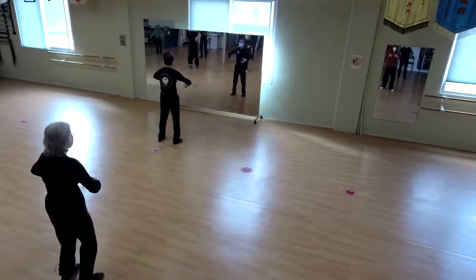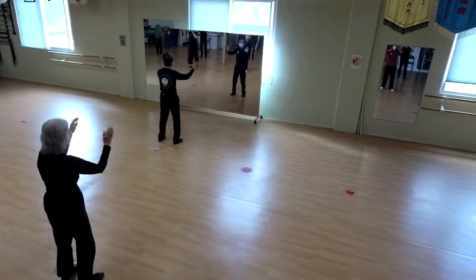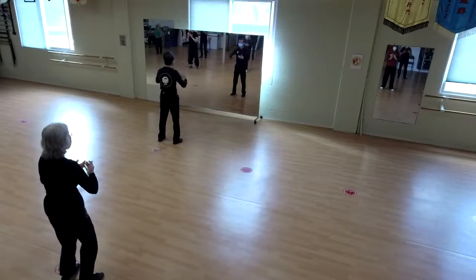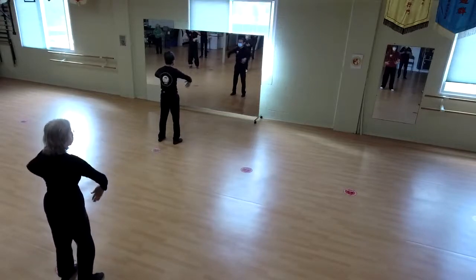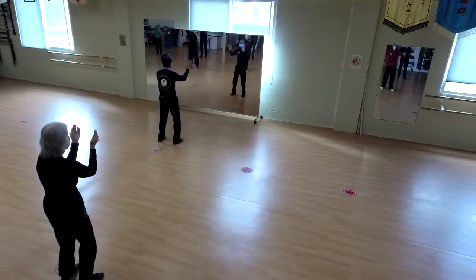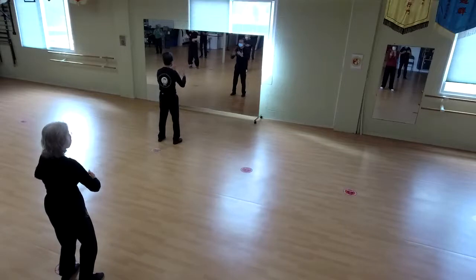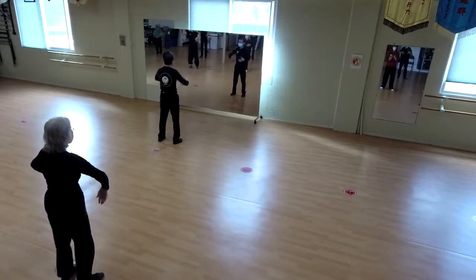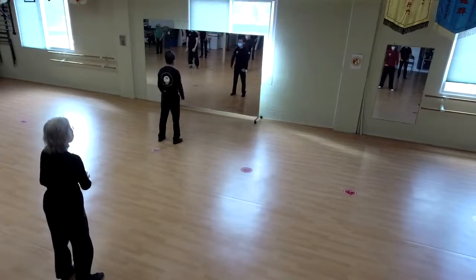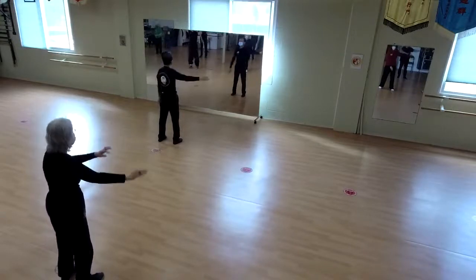Reverse. And stop. Palms down. Bigger circle. 2 and up. Ready? 1, 2, 3,